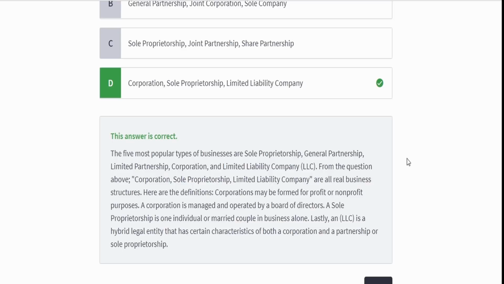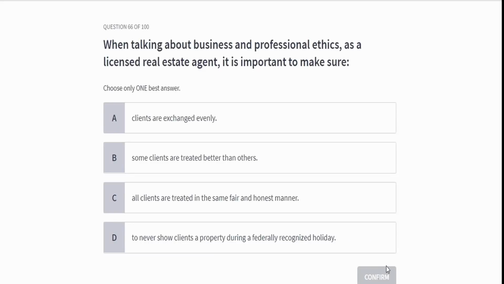I won't get into the definitions too much. If you guys are interested and these things are unfamiliar to you, I highly encourage you look that up. But for the sake of time and for the sake of video, I won't get too far into that. But yeah, just be familiar with your business types for the exam. And of course, be familiar with whether or not or how they own property. That's so important. That's why I think I've said it like 30 times. It's so important to know that.